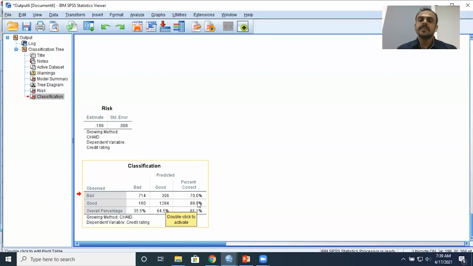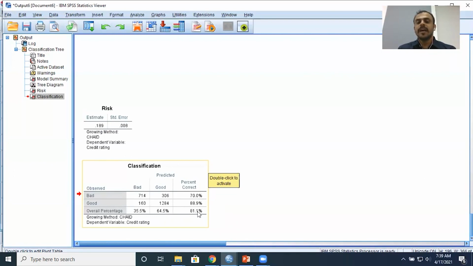So usually you see this tendency wherein you may not be interested in identifying the profile of good credit risk, because they're relatively harmless, but you are more interested in identifying the characteristics of bad credit risks. So bad credit risks are harmful. I don't want too many individuals to take away the amount and not be able to repay. So I may be interested in one of these two categories, not both. The dangerous category is the bad category. So in identifying bad credit risk, my model is accurate to the extent of 70%.